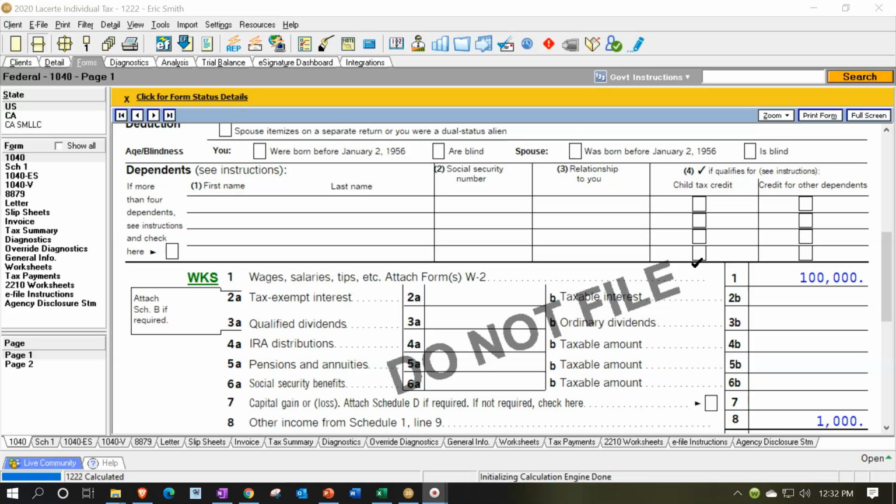Or you can enter the data directly in and make the determination as to whether or not the state tax should be included by seeing whether or not they itemized last year and whether or not they got a deduction from it. If they itemized last year, they most often will have at least part, if not all, of the state tax included. If they did not itemize in the prior year, then you're not going to have to include the state tax refund in the federal income tax return.